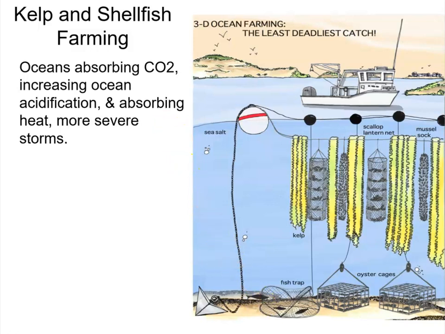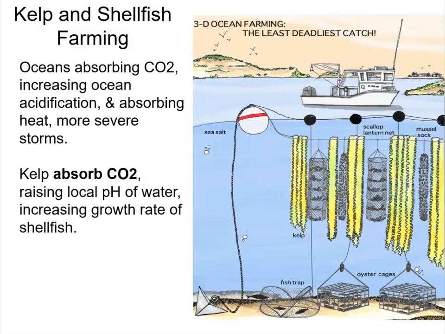Of course, if you grow plants in the ocean, that's going to help to absorb that carbon dioxide. And by doing so, that's going to make the surrounding water less acidic than it otherwise would be. And it turns out that the greater the acidity of seawater, the more difficult it is for shellfish to produce their shells. So what you can do is combine kelp farming with producing mussels and scallops and oysters, all shellfish. And the combination of all of these things can produce a decent income for the farmer who's running this farm